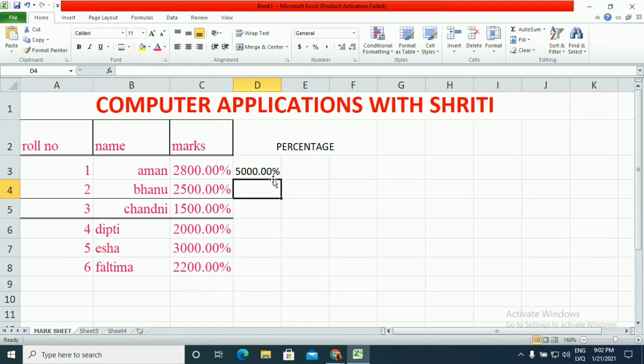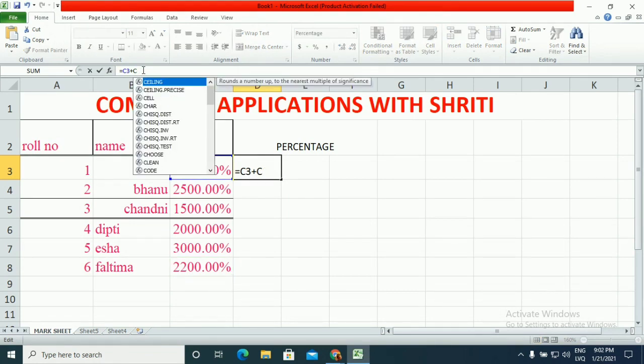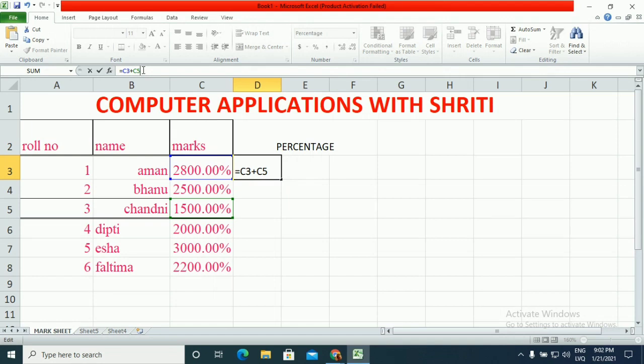Next, if you want to edit the formula, because it is converted to a number now, how can we change the formula? To change the formula, click on the cell and then see, here in the formula bar, you will be able to see the formula. To change the formula, you can click here and change it. For example, now I want to add values from C3 to C5. I'll write C5 here and then press enter. Then I'll get the result.